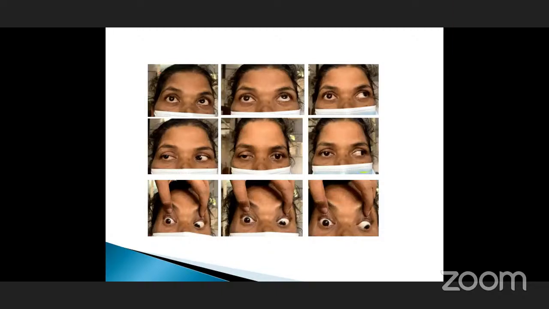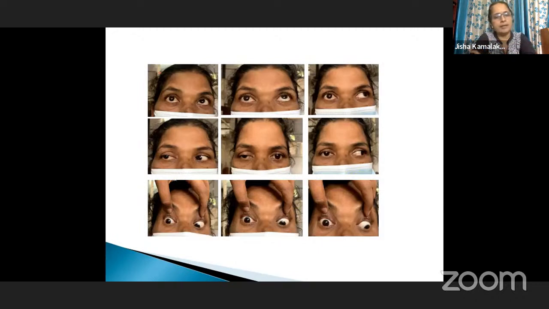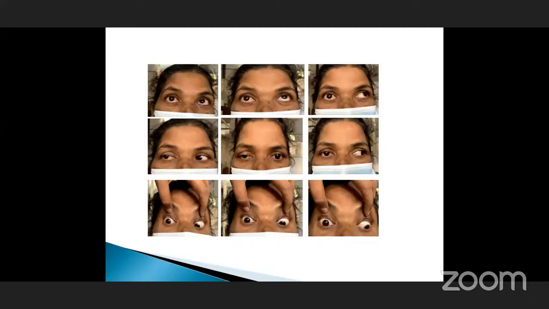So left eye movements were normal, and in the right eye almost all the movements were affected. Okay. So what all nerves are affected by the examination of the ocular movements? Ocular movements. What are versions? Versions are binocular movements.